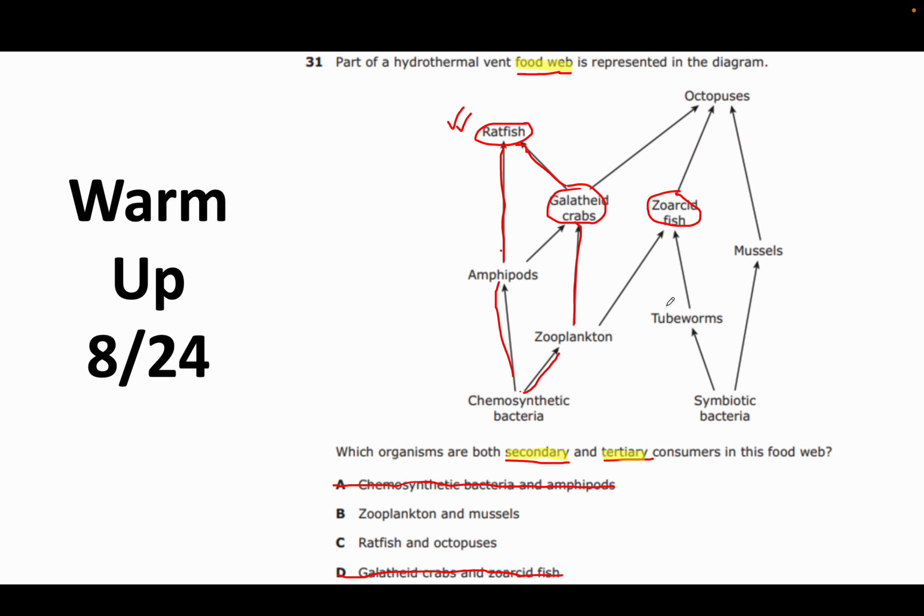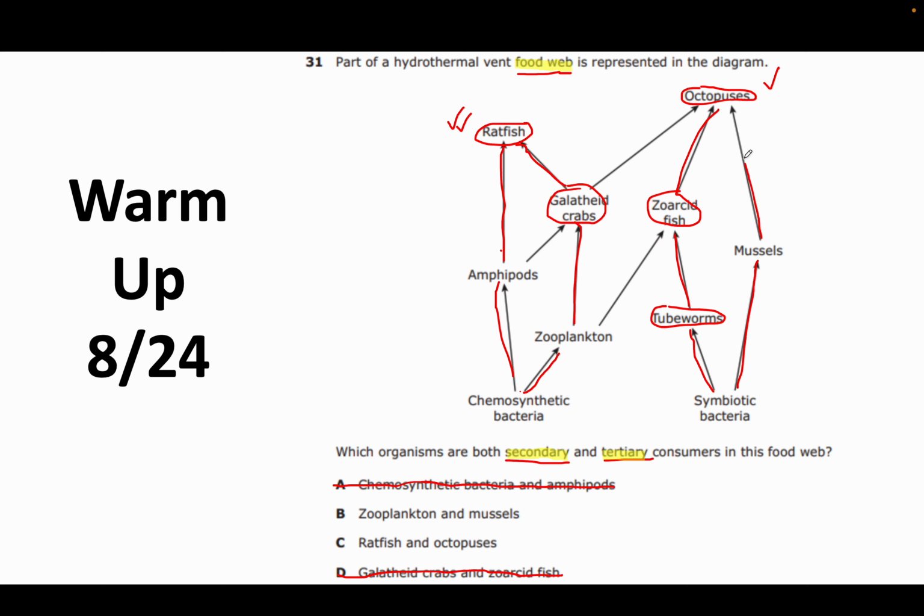So I have my primary going from here, I have my secondary right here, and now at the top, my octopus is going to be my tertiary consumer. From producer to primary, from primary to secondary, from secondary to tertiary, the octopus gets a check. Now let's check over here. From the symbiotic bacteria to mussels, from producer to primary, and then from mussels to octopus, from primary to secondary,